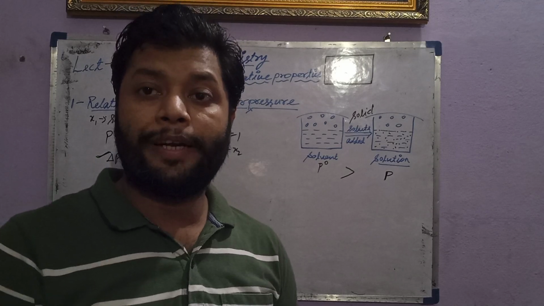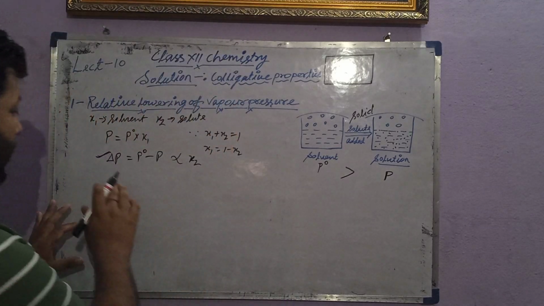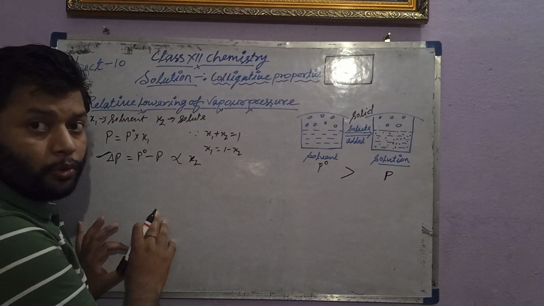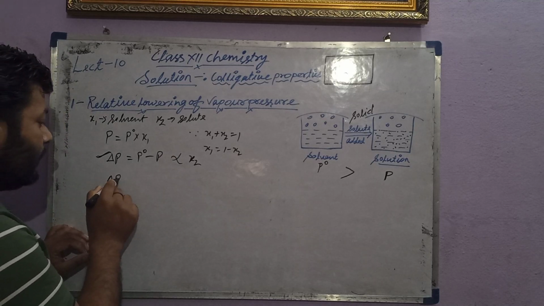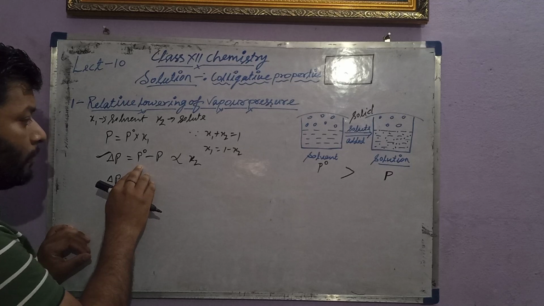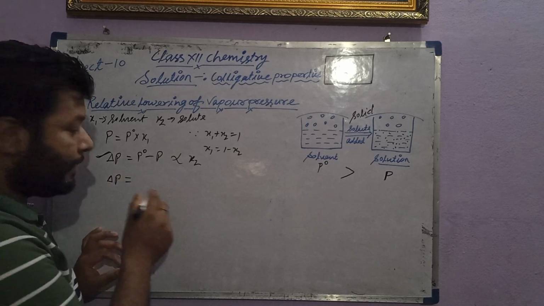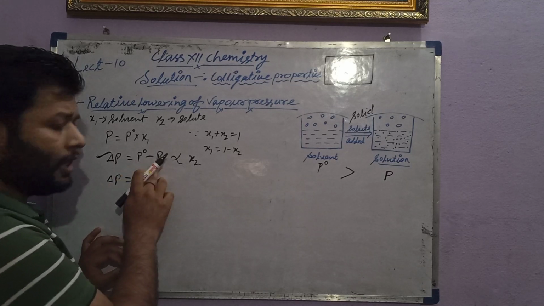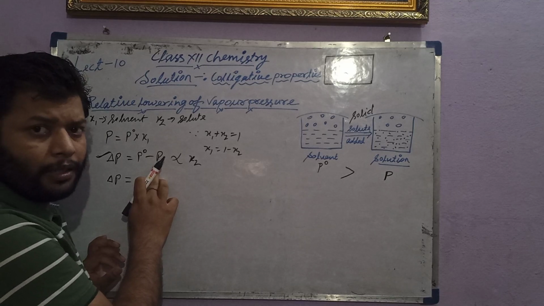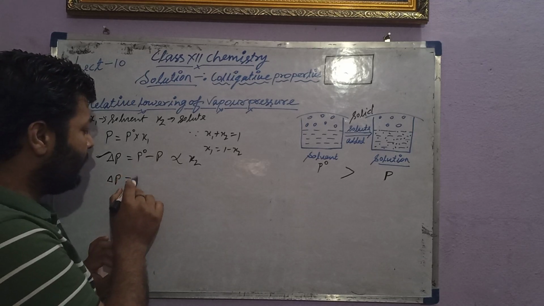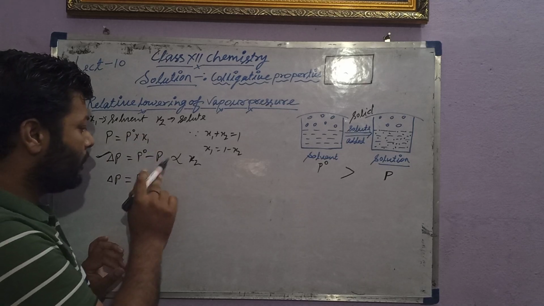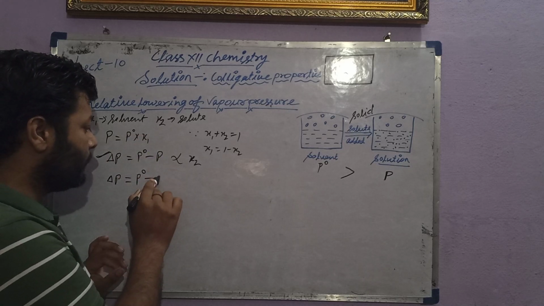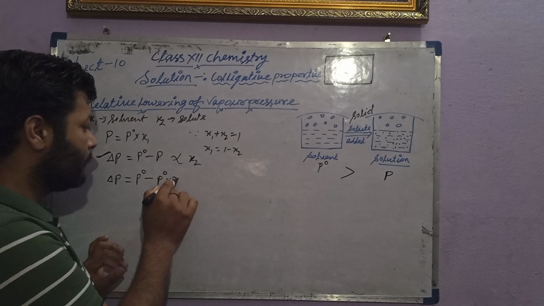So what you observe is that delta P is proportional to x2. This can be calculated on the basis of delta P, which equals P naught minus P. You can put the value now. The value will be P naught minus, instead of P, P naught into x1,